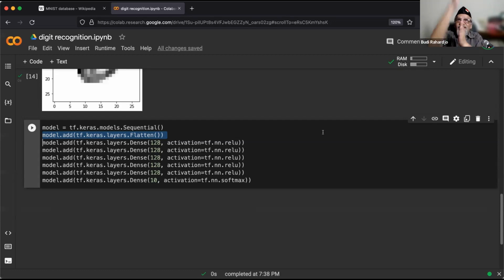It's 28 by 28, so the layer is not square, but we're going to put it as one long array. 28 kali 28 berapa ya? Let me just do this. 28 kali 28 is 784.